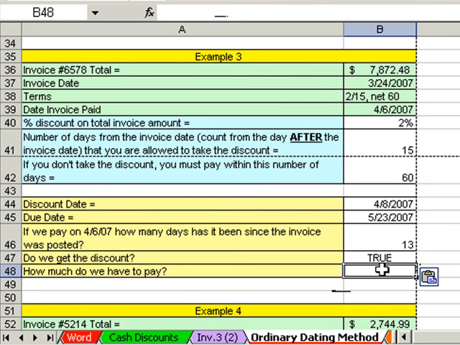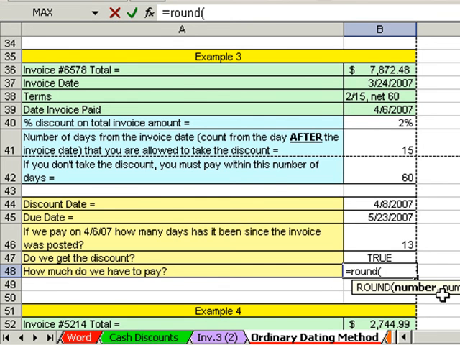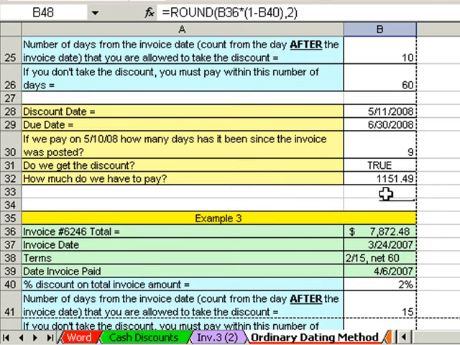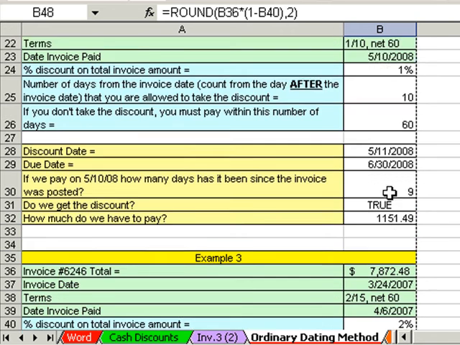How much do we have to pay? For practice, I'm going to say equals round, open parentheses. Click on this amount up here, times, open parentheses, that is a green parentheses. Click on that 2% discount, close parentheses. Notice 2 green parentheses, a green cell reference, a blue one, comma 2, close parentheses, Control Enter. 7,715.03. Here we got 1,151.49, and up here we got